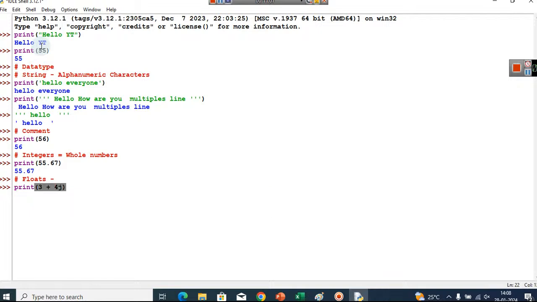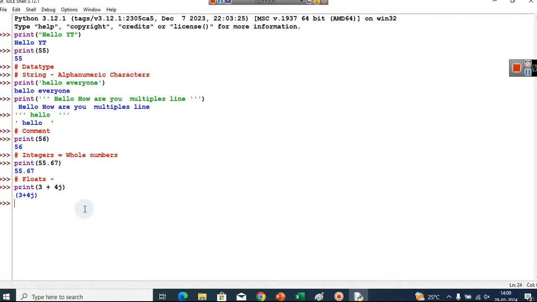Here you can see complex numbers have a real part and an imaginary part. The real part is written without j and the imaginary part is written with j. And the property is that j square is equal to -1. So this is how you can write complex numbers.